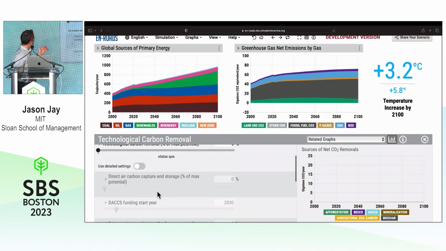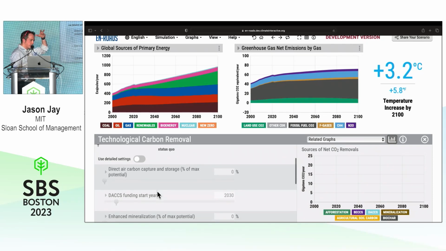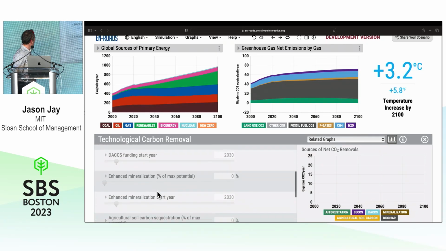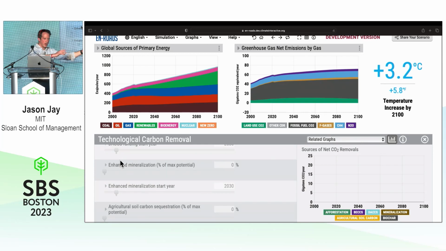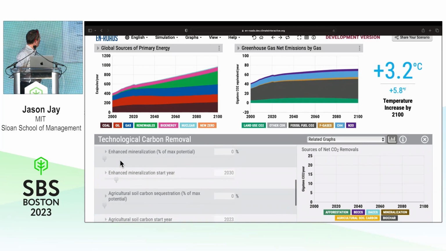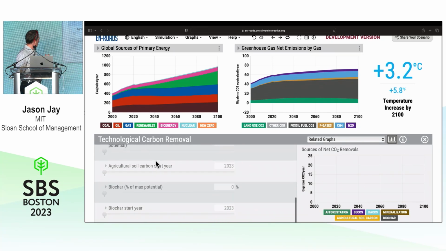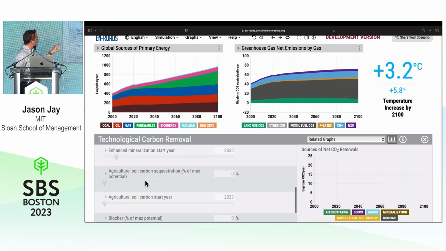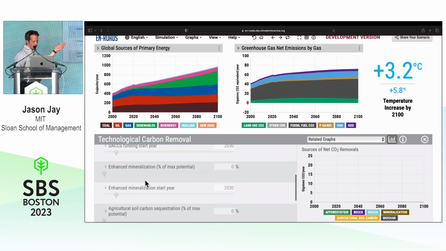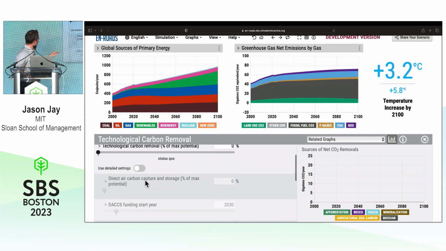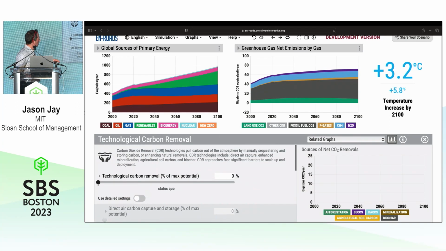That includes direct air capture, which is vacuum cleaners sucking carbon out of the sky, enhanced mineralization, spreading rocks on the ground that suck CO2 out of the air, agricultural soil carbon, so regenerative agriculture practices that put carbon into soils, biochar came up in the last session. We don't have blue carbon, kind of marine, in the model yet, but you can see all these land-based forms of carbon sequestration. We separately have afforestation, which we manage as another lever, but let's see what happens if we